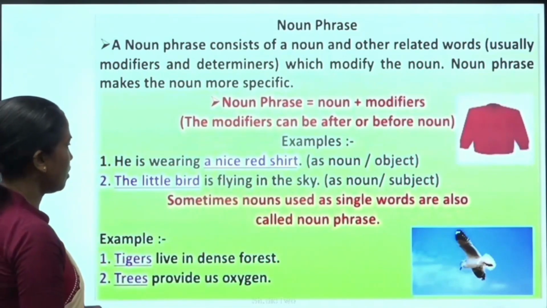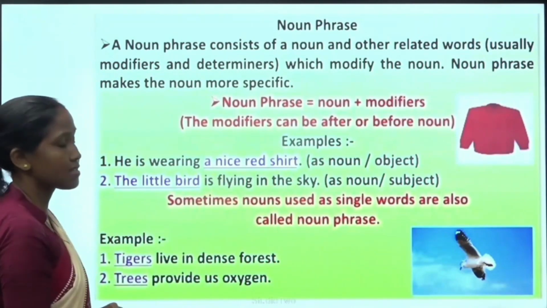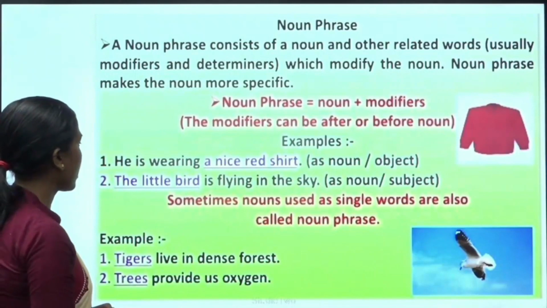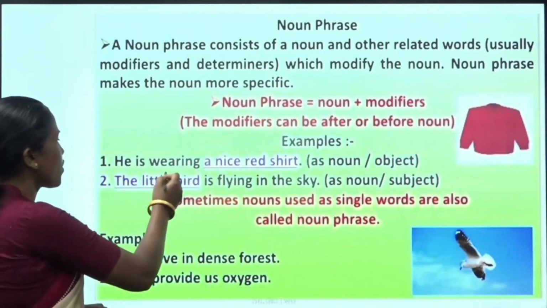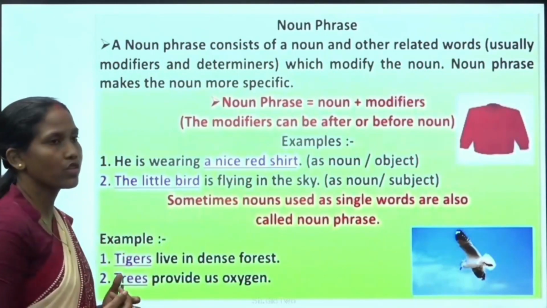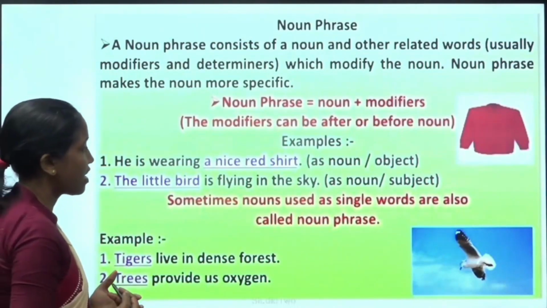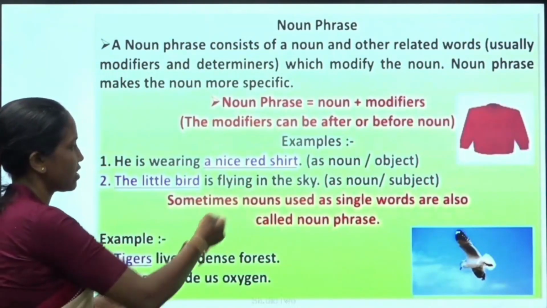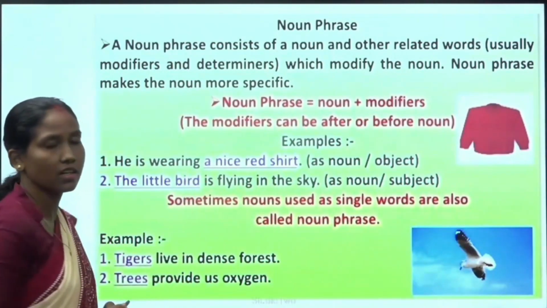So here, a nice red shirt, this is the phrase. He is wearing what? How can we find the object? We have to ask a question: what and whom? So he is wearing what? A nice red shirt. So here we get the phrase or object, that is, a nice red shirt is the